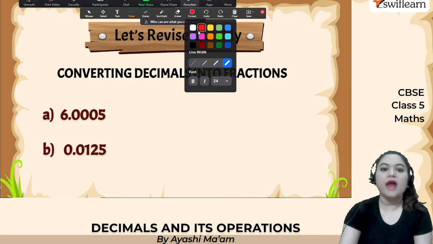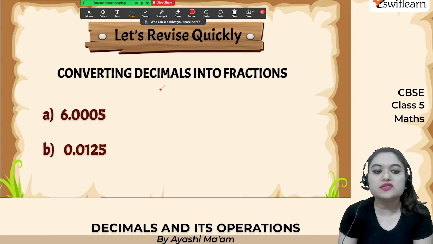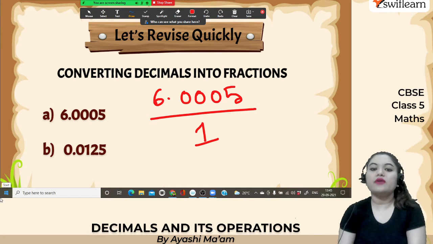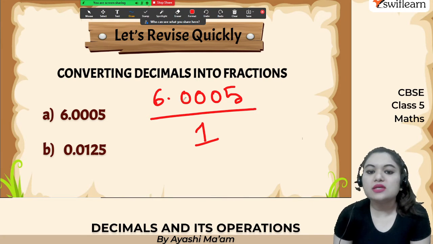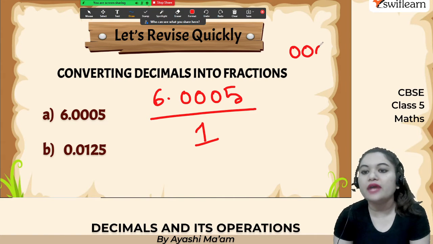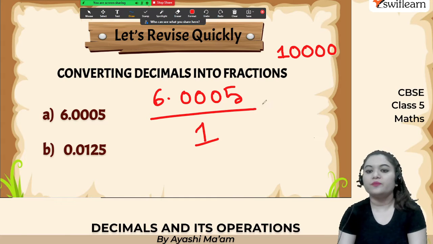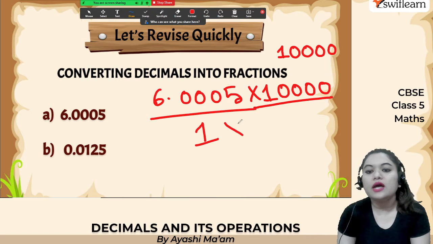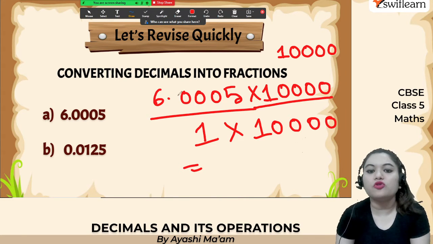Converting decimals into fractions. All right, let's try this. So what was the first step? Write the decimal given to you in the numerator, and in the denominator we write a 1. Now how many digits are there after the decimal point? 1, 2, 3, 4. So we will write 4 zeros and write a 1 in front. Now multiply both the numerator as well as the denominator by this number. How many zeros? 4 zeros. So the point will move 4 places: 1, 2, 3, 4. Therefore it is coming here.